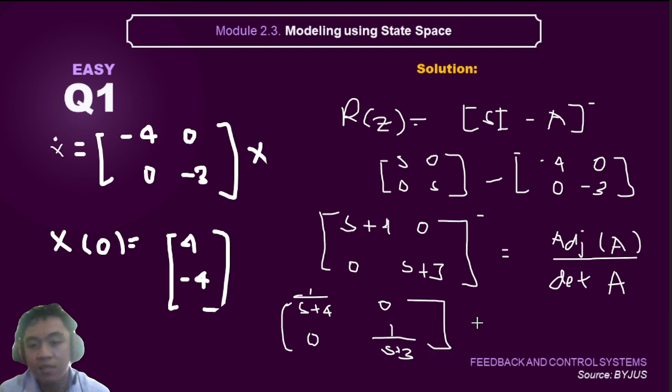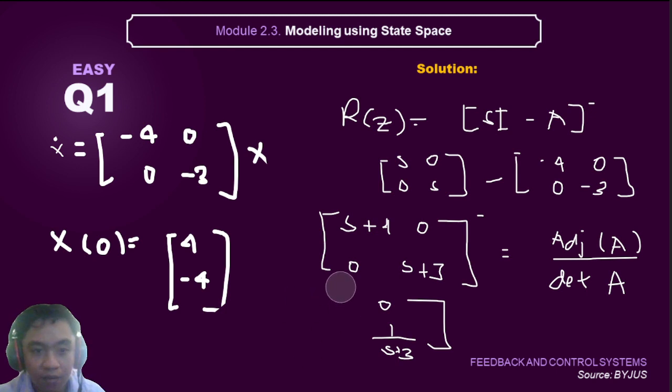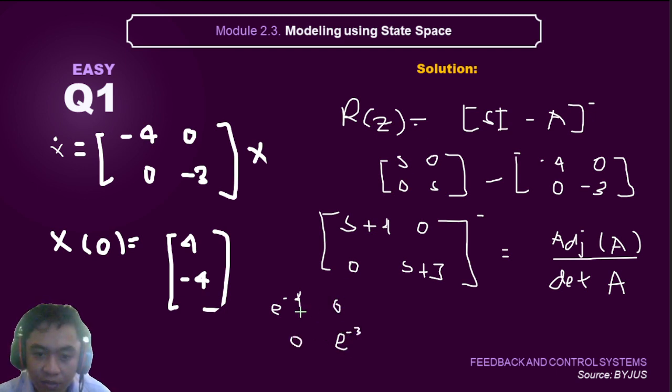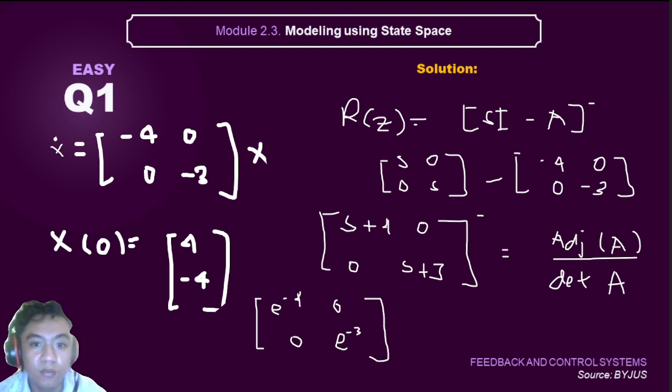Now let's switch from the s domain to the t domain. We're going to be left with, again, the inverse Laplace of 1 over s plus 4, which is e raised to negative 4t. And the inverse Laplace of 1 over s plus 3 is e to the negative 3t, with 0 and 0. Now with that out of the way,